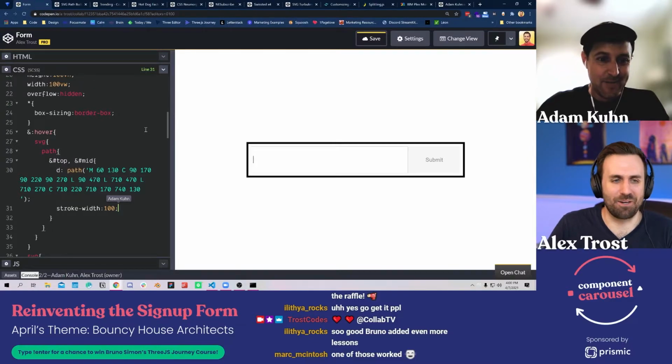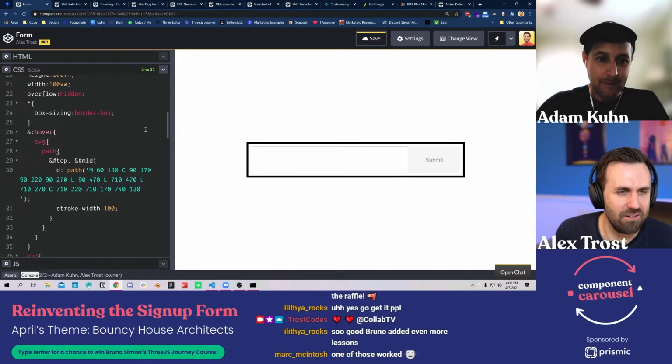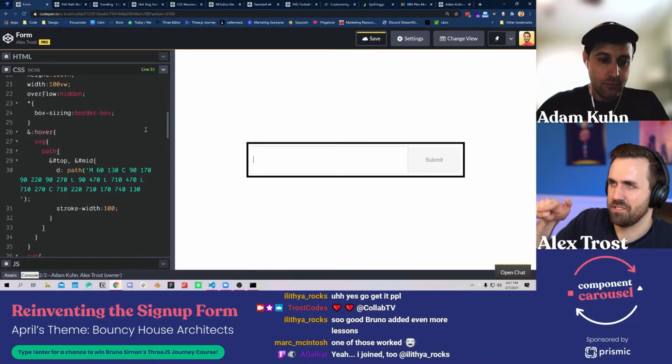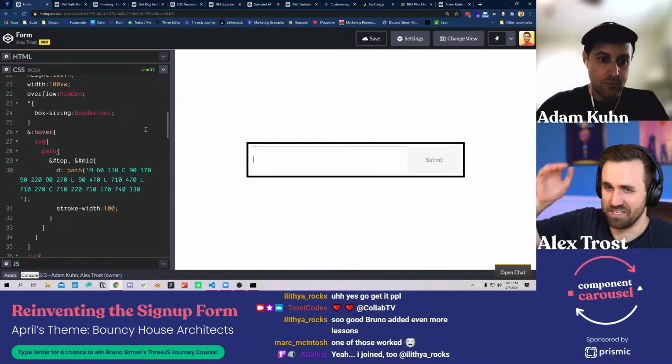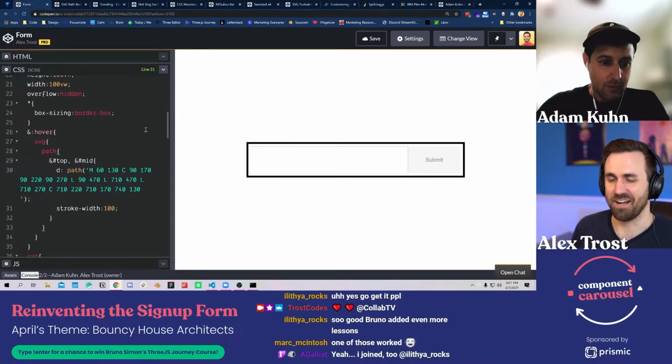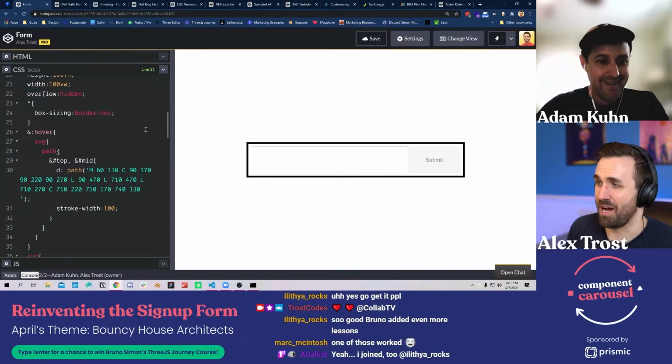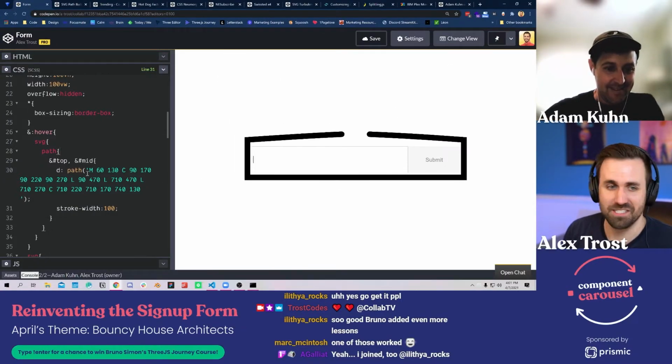Super quick question. I don't know if Adam will know or maybe Christopher, I think you might know. Can I share this with the chat without everyone being able to edit it also? Because I don't want people going in and trying to help Adam while he's typing. But I would love it if you could play with this as we go.